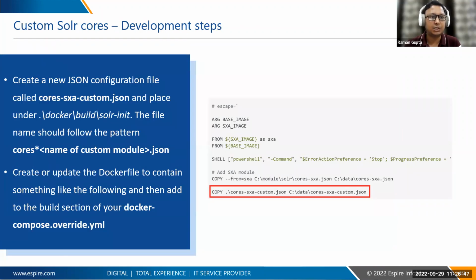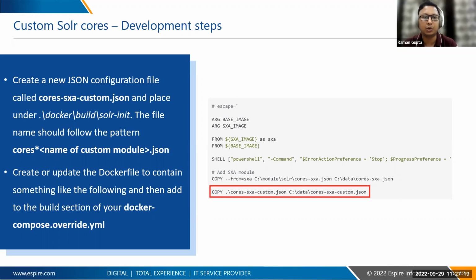So yeah, this was about installation of any module to Sitecore. Now sometimes the requirement comes that we need to add custom Solr cores as well. Again, the basic steps remain the same: we first do the development locally, then we configure the managed cloud, and then push these changes through the application pipeline or infrastructure pipeline. In case of Solr, just a few more steps will be added, because we already have the Solr init container